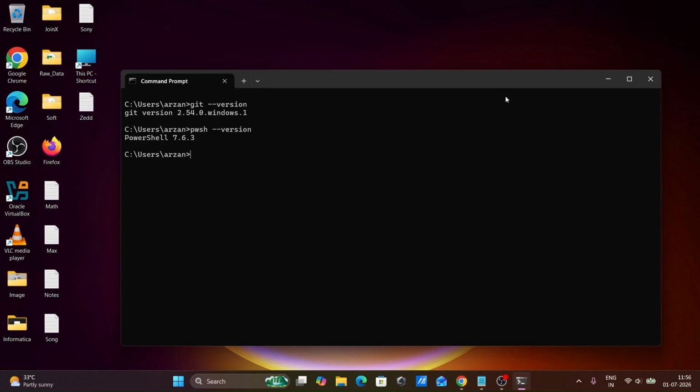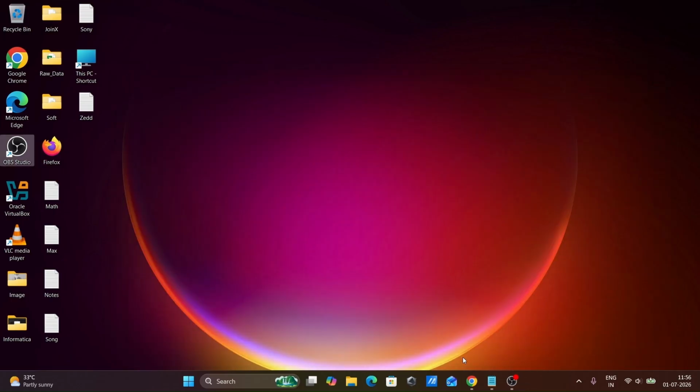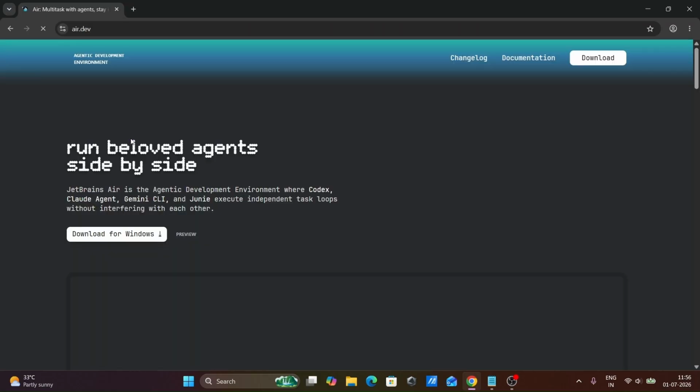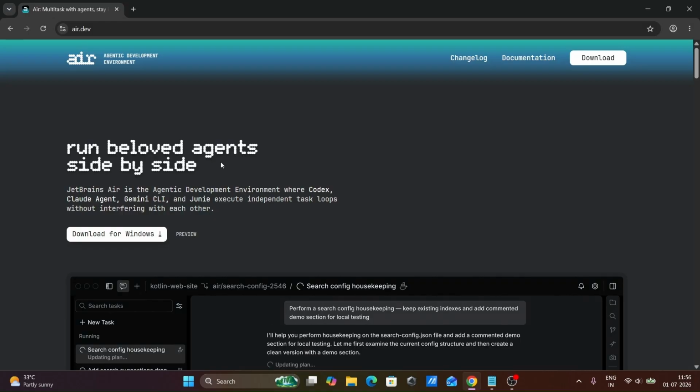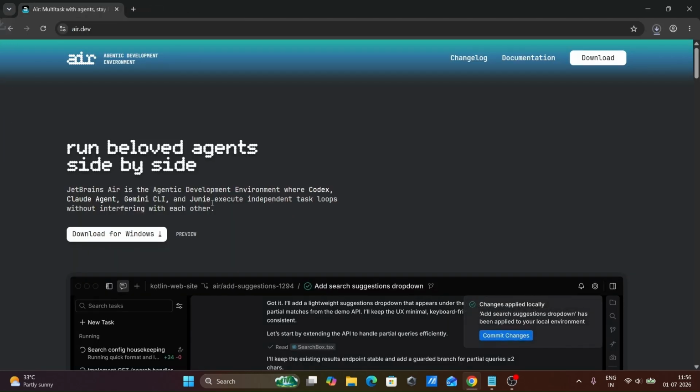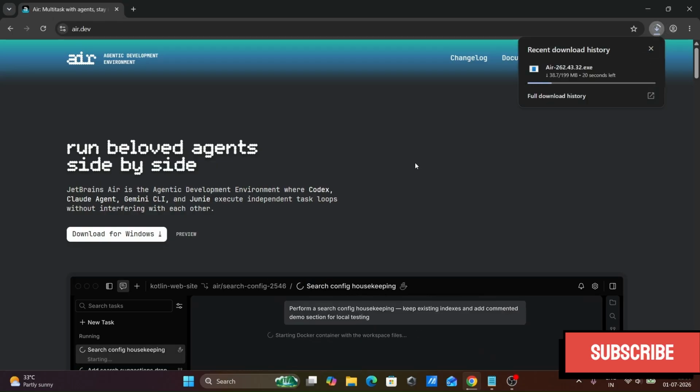The next step: let's close this one. Now, to get the software, in the Google search box, write JetBrains Air, then go to the air.dev site. Click this, and you can download for Windows. Click on Windows x64, and you can see the file is downloading. The total size is